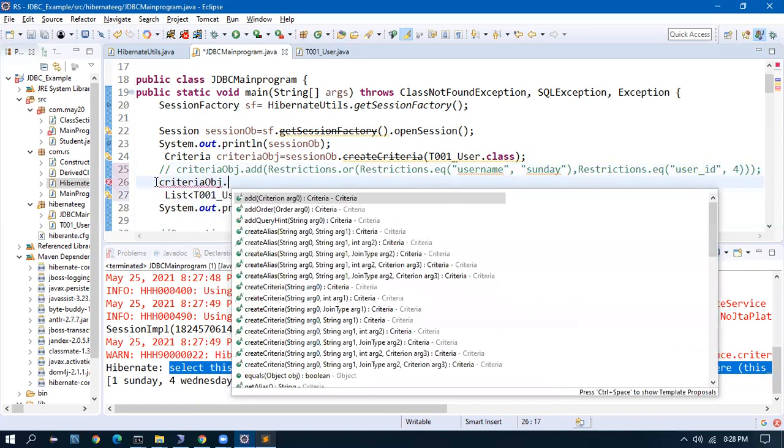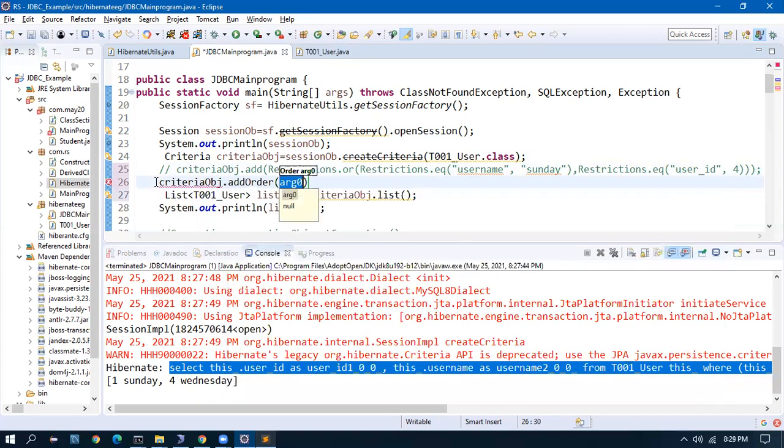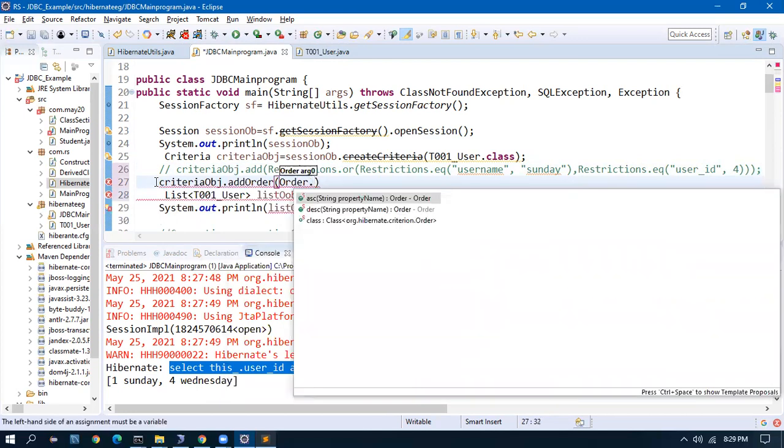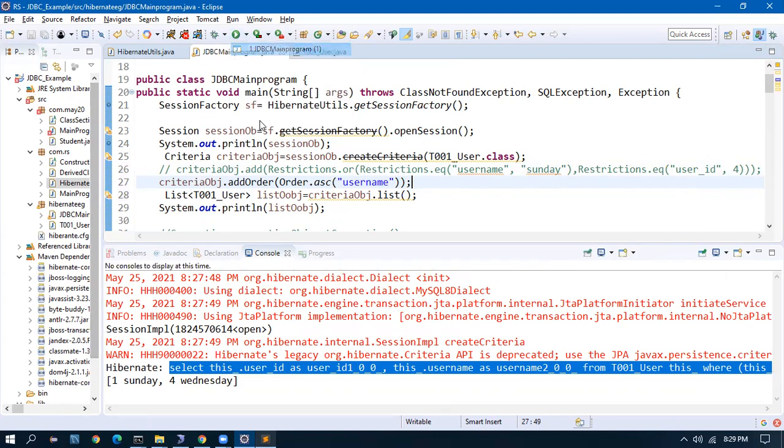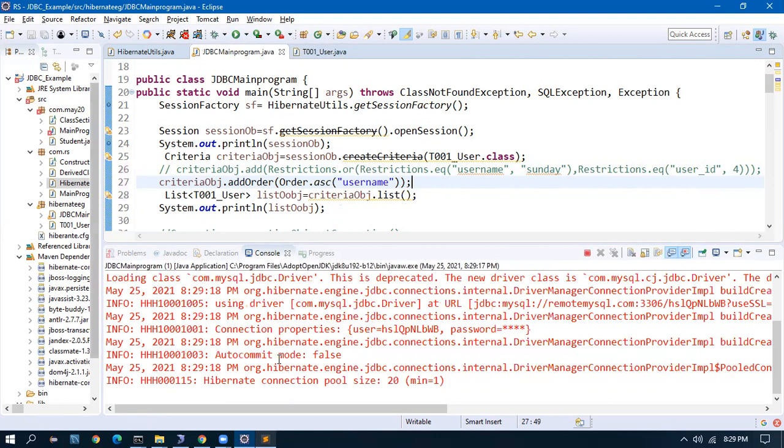Criteria dot add order. Here we can do order dot ASC or descending, based on which property. If I give username, I want to generate an ascending order query. Hibernate will automatically generate it.